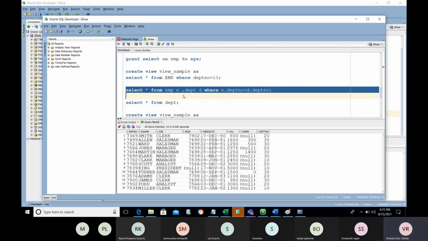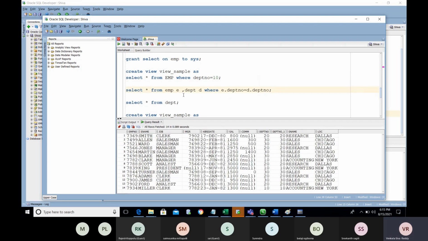Same. So if you want to retrieve the data from more than one table, we need to maintain the condition like this. This is actually called a join condition. I will let you know about this in the joins concept after the completion of this.